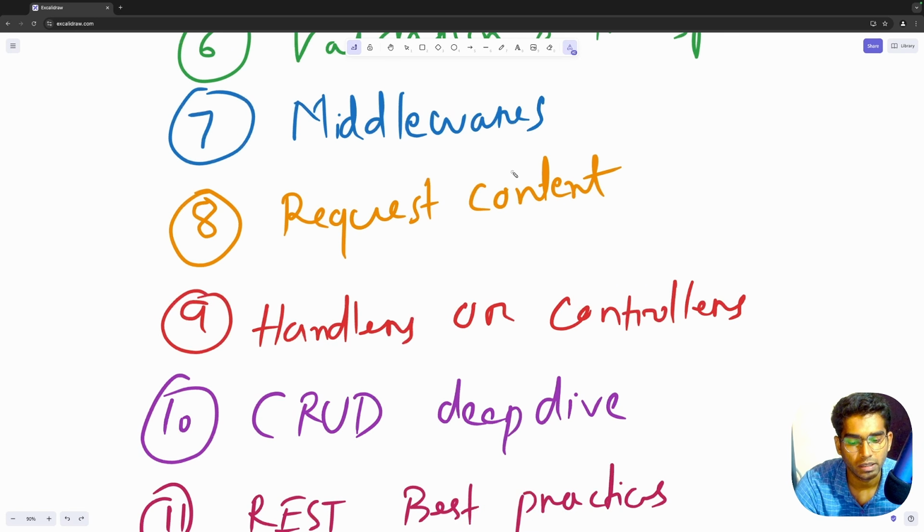Request context basically means the metadata that is often passed through application middlewares, controllers, and services. It is kind of a request scoped state, right? The state is only valid for that request. So here we'll explore the life cycle of a request, maintaining state for the duration of a request, sharing data across different layers of the application without coupling, and how context provides a temporary request scoped state.